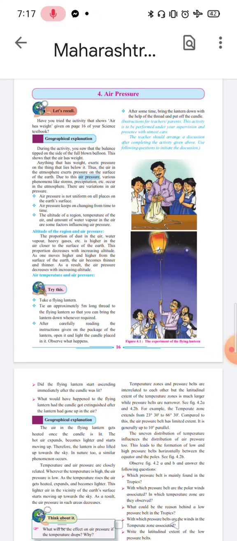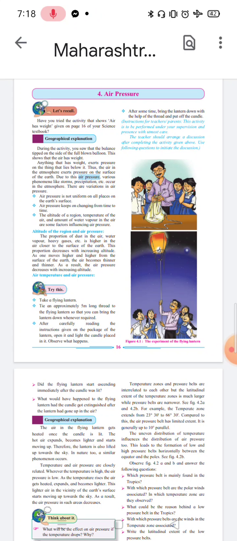Students, you have studied about air. We cannot see air, but we can feel air. Leaves move due to air. Air contains various gases, dust particles and water vapor. Air has weight. As air has weight, it exerts pressure. Students, you have done the activity that air has weight while studying science.